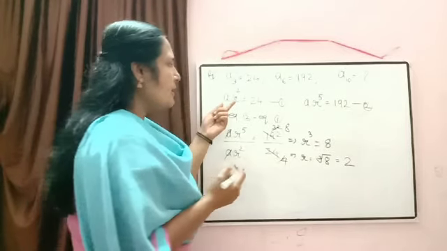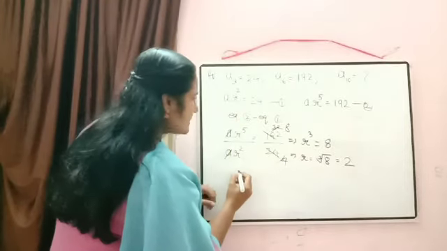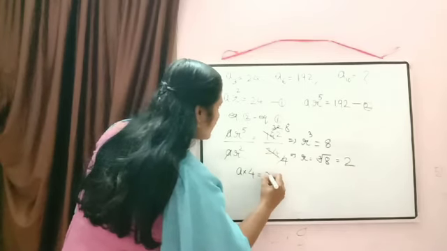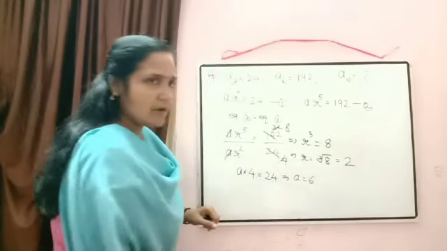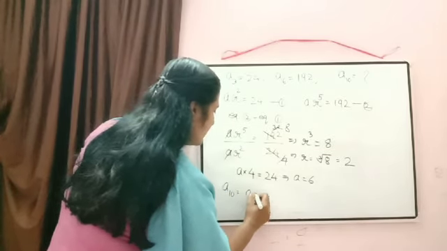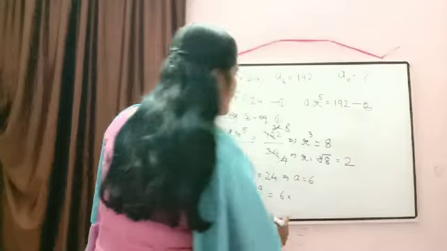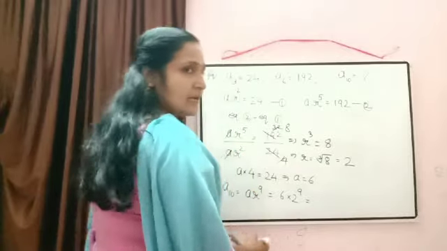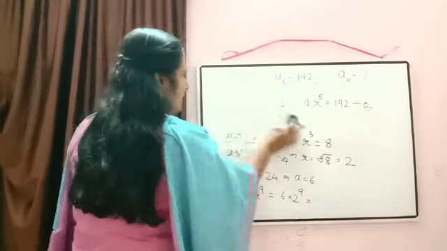Now you can substitute the value of R either in equation 1 or 2 to get the value of A. So equation 1 is easy. A into R square, R square means 2 square, so that will be equal to 4 is equal to 24. So we'll get A is equal to 6. Now what we have to calculate? 10th term. So just write down there A10 is equal to A into R raised to 9. Now just substitute the value. A is equal to 6. R how much we got? 2. So it will be equal to 6 into 2 raised to 9. Now remaining calculation you can do by yourself. Okay. Now we can check the next question.